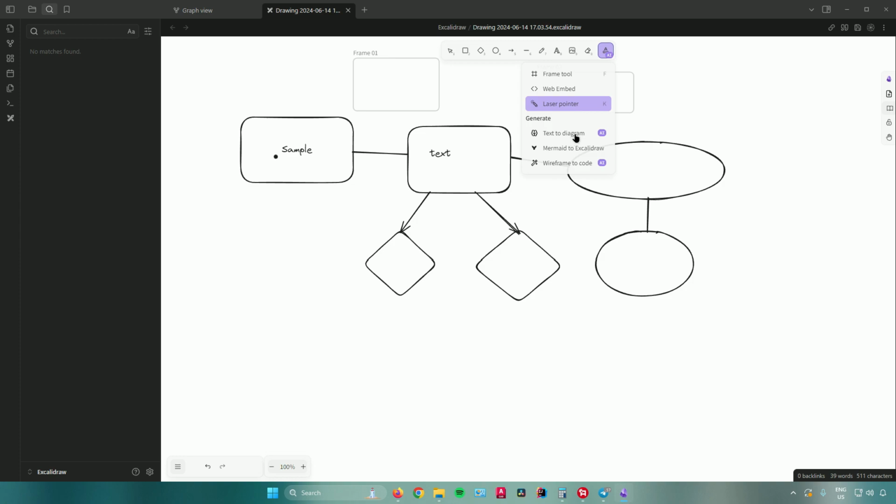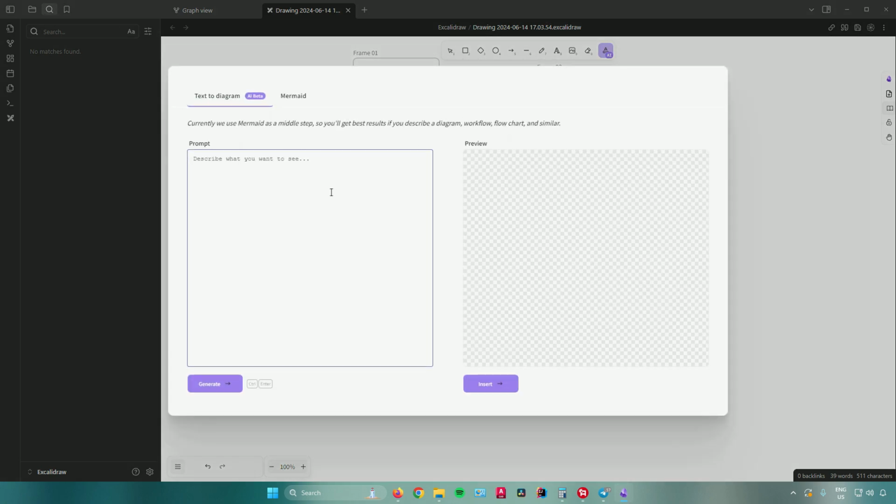Moving on, let us go to the generate area right here to text the diagram. So basically what this does is that Excalidraw's AI will allow you to put in prompts where it will make you diagrams, workflows, and flowcharts, depending on what prompt you put. So basically you just describe a diagram, a workflow, a flowchart, or anything similar to that. Once you click on generate, it will generate a preview of what your diagram, workflow, or flowchart will look like. And once you're okay with the preview, just click on insert and it will be inserted